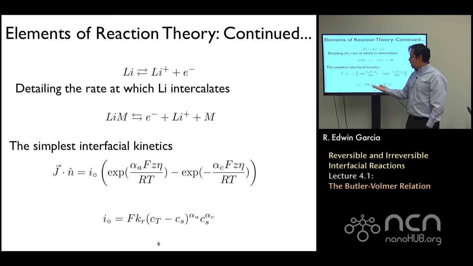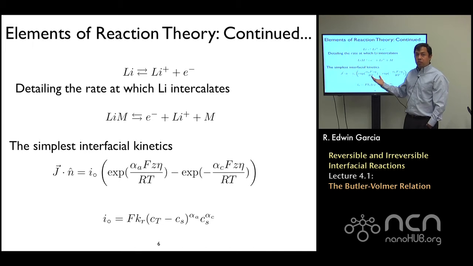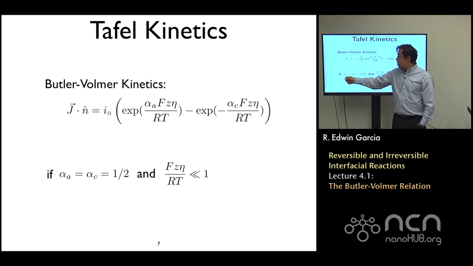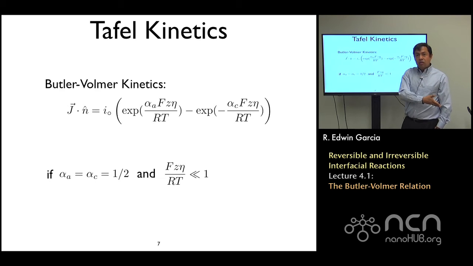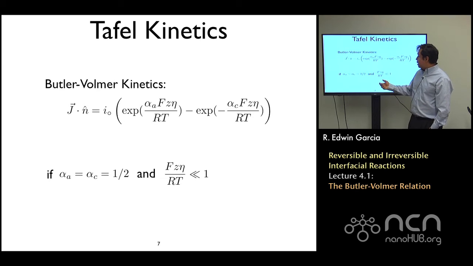What we did here is really an abstract theoretical argument to describe it, and typically what people do to really use this relationship is they experimentally fit this function and the coefficients associated with that to the experiment at hand. And typically it's very hard to reach very high overpotentials. So what people typically do, instead of using the full Butler-Volmer kinetics relationship, is, if you assume that the rate of intercalation matches the rate of deintercalation, you can assume that alpha A equals alpha C equals 1/2, and again, for cases where we can only apply very small overpotentials,